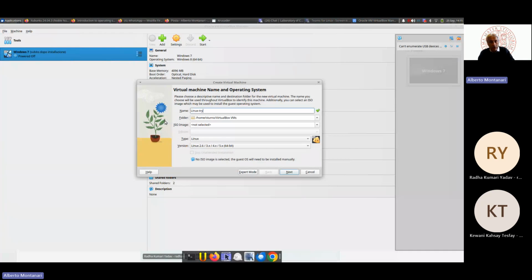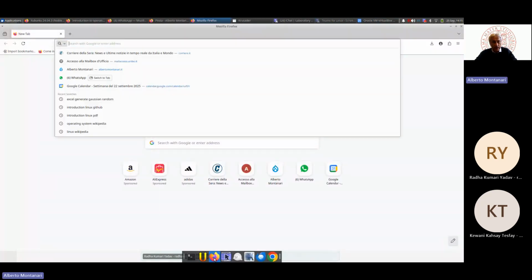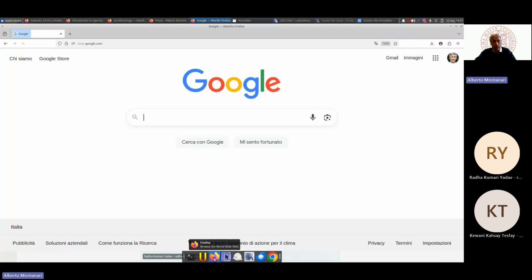In order to download, let's open a Google search, and let's look for the operating system. At this stage, I need to make a premise or two premises. First of all,